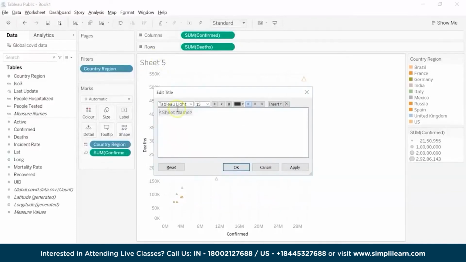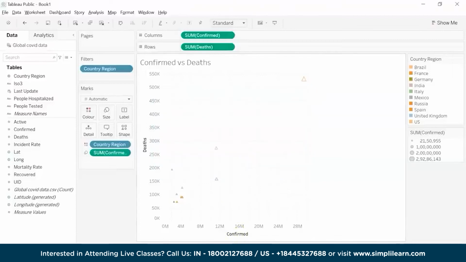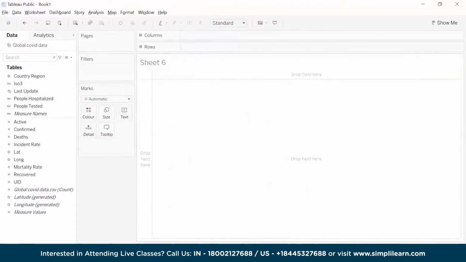I'll rename this sheet to confirmed versus deaths. Click on apply and OK. Alright. Now moving on to our next visualization, where we will see